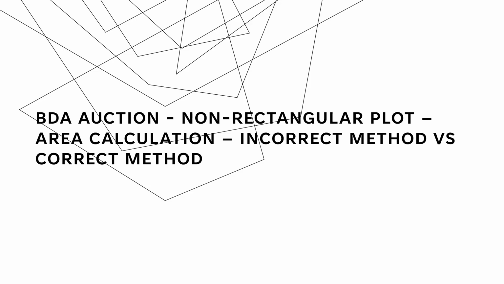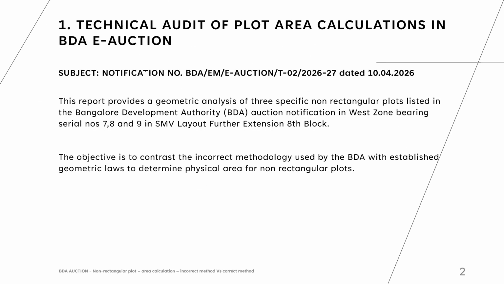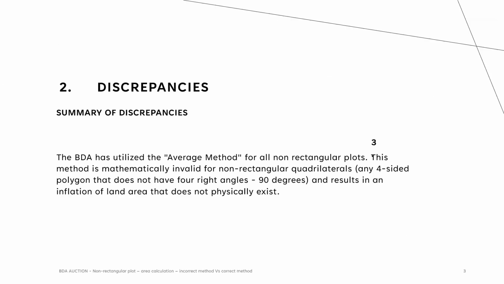This presentation is to show the incorrect method versus correct method of calculating area of non-rectangular plots. Here I'm showing a sample notification for BDA auction dated 10/4/2026. BDA utilizes average method. This method is mathematically invalid for non-rectangular quadrilaterals, any four-sided polygon that doesn't have four right